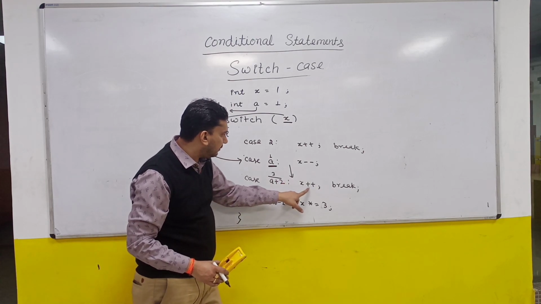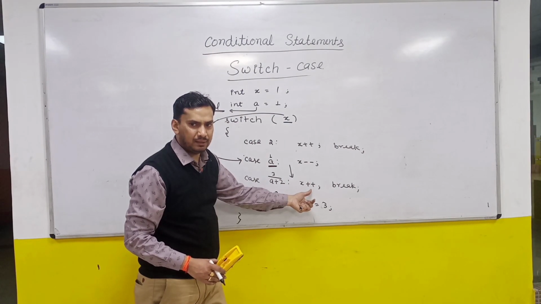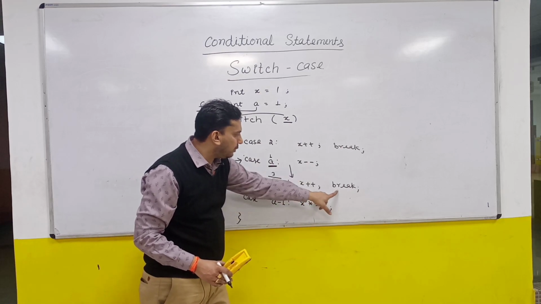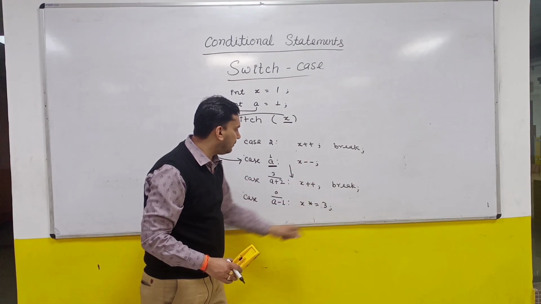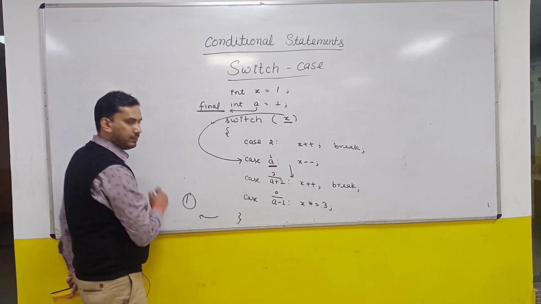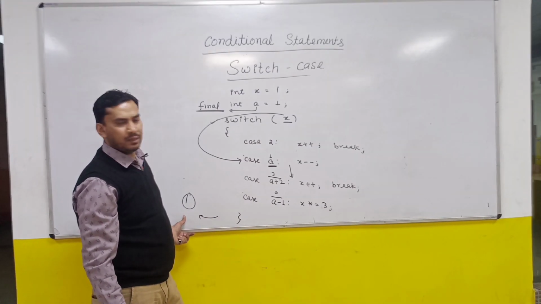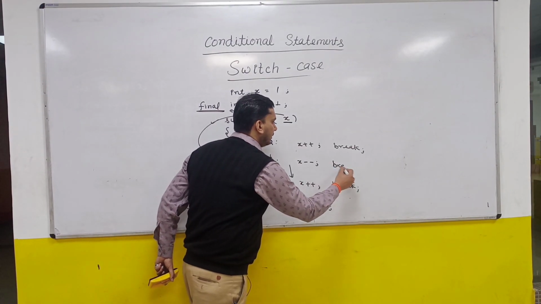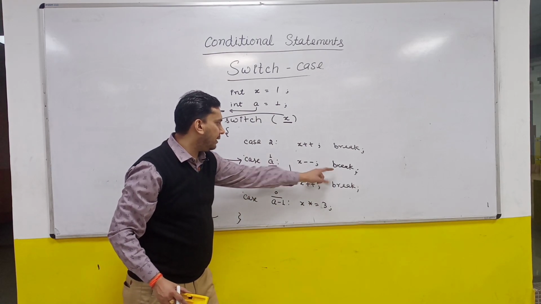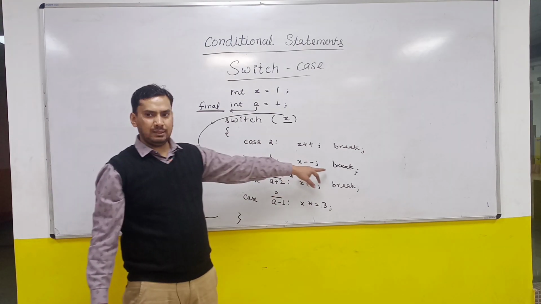So it will execute this one again. What will happen? The 0 value will be updated to 1 again. It decremented but it incremented again. So value will become 1 again, but now you got a break. So now the switch case will terminate and your value of x will remain 1. If you print the value of x, the output will be 1. But if you put a break here, what is going to happen? You will stop here only, x minus and break. You will come out of the switch and the output will be 0 in the given case.